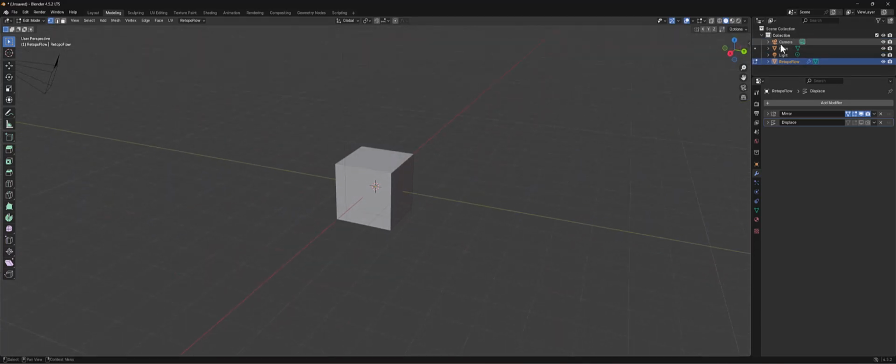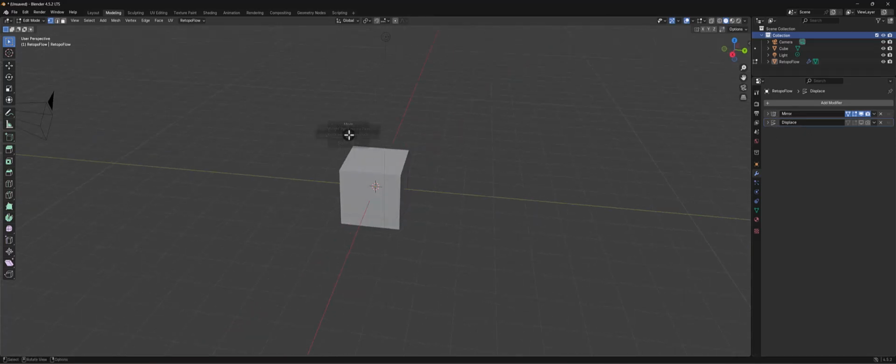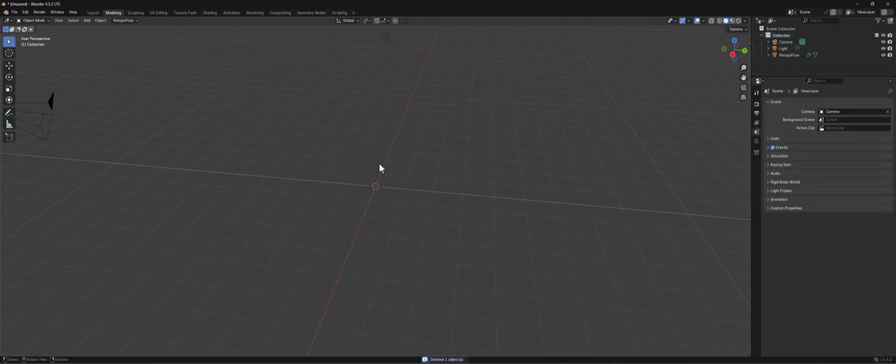In the top corner, there's the scene collection, which shows you all the different things in the scenes. You can create new scene collections, like to make things in a folder. Down here, we have a cube, which has these two modifiers in there. I'm not sure why. So I'm just going to hit tab again, and then just go to object mode and delete this. And if you didn't see the previous video